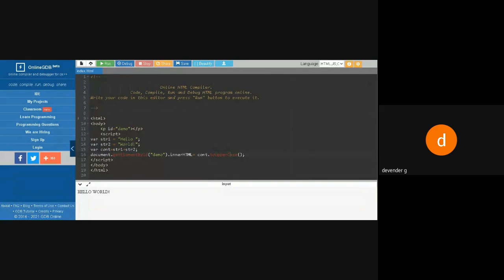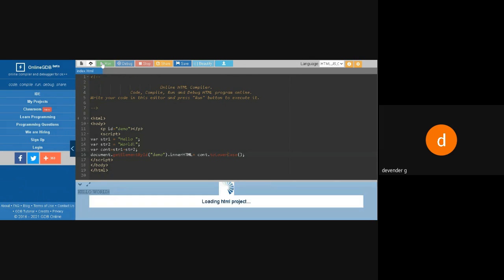Now we got the output in uppercase. Suppose I want to go for lowercase, simply you can remove this upper and make it lowercase, and all the text will be converted to lowercase.